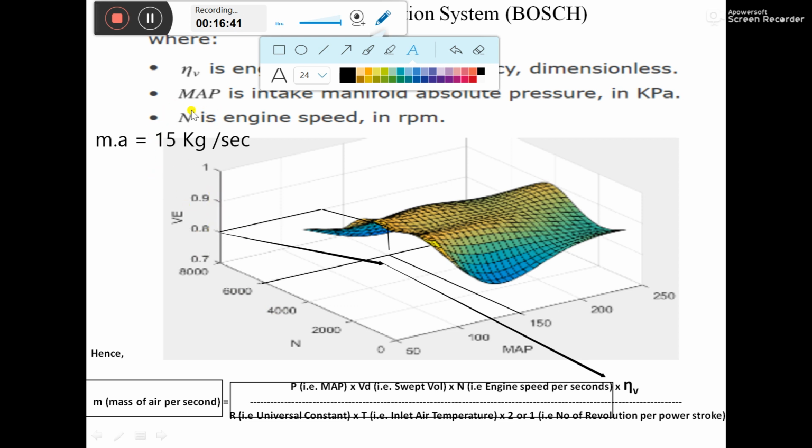Similarly, for 15 kg per second of mass of air on the x coordinate, with a given throttle position, we have an intersection point. From that, vertical projection onto the z-axis gives the mass of fuel. So this gets correlated one by one: one set of calculation is over, and its answer is referred to for the further calculation, and we find exactly how much mass of fuel needs to be injected.